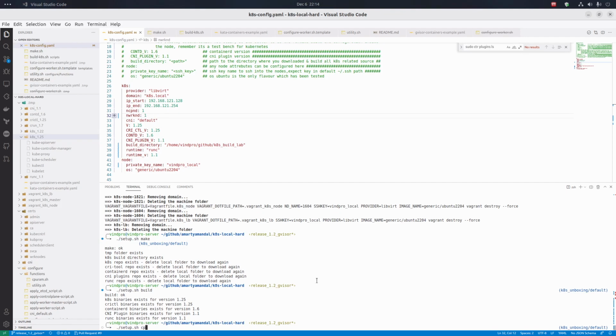If I just do this, dot setup.sh cp, cp means control plane, it will only create the control plane. But for the time being, I'll just do setup.sh all, which will create the control plane. And once the control plane is established, it will scale up to one worker node with the specific runtime runc, with runtime version 1.1. So if I just do this,